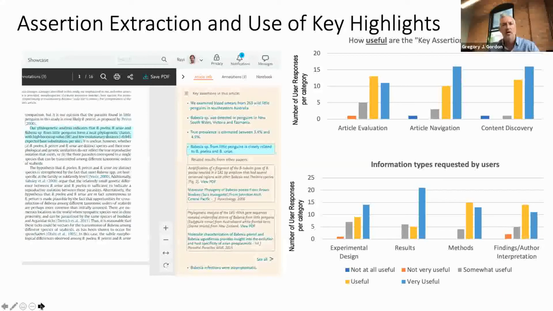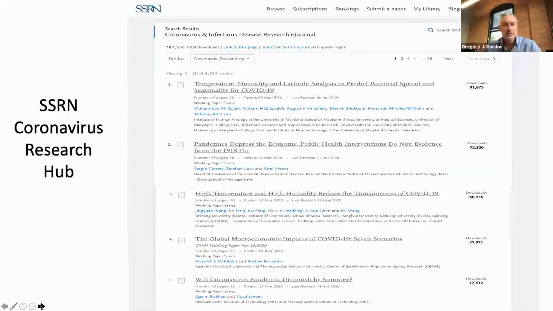As I start to think about all the different possibilities, I get very, very excited because a bulk search is often going to lead to missing something. So what we started to do in February of this year is we actually created a COVID-19 or coronavirus research hub. So we scan all of the papers that we get across all 50 networks to identify coronavirus and infectious disease related research. As you can see from the slide, which is the top papers as of last night,